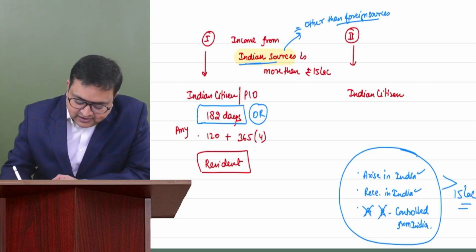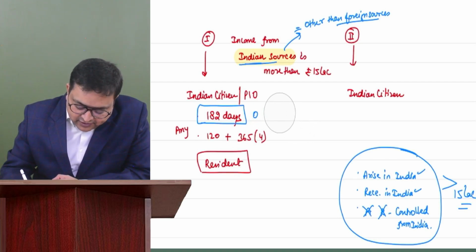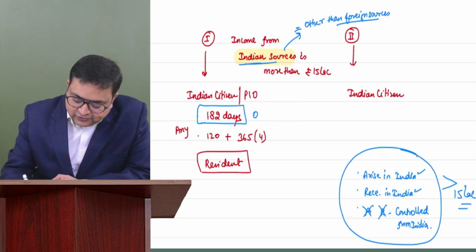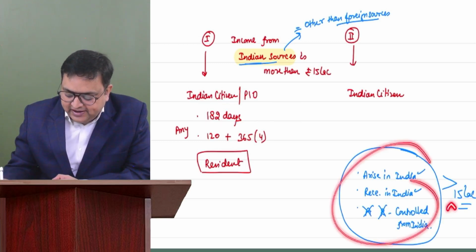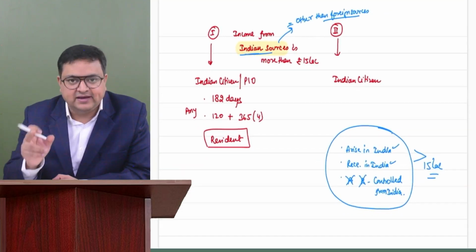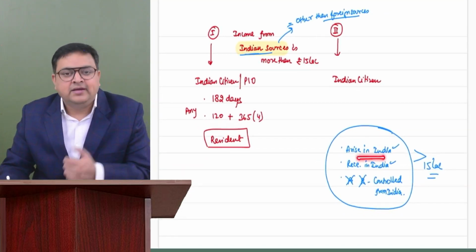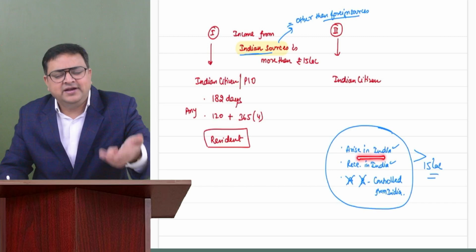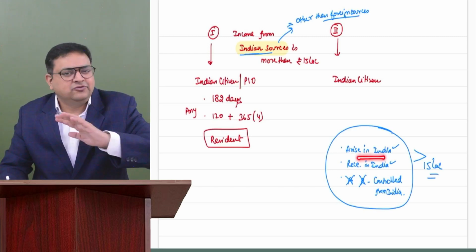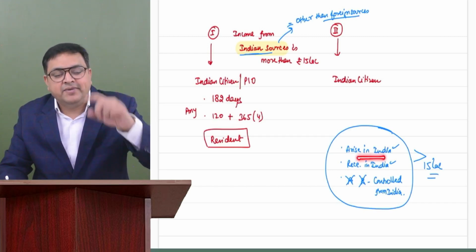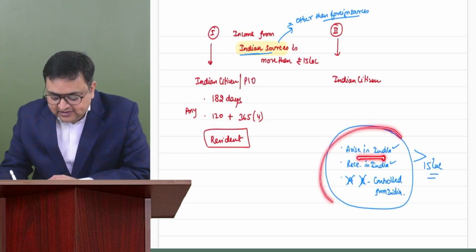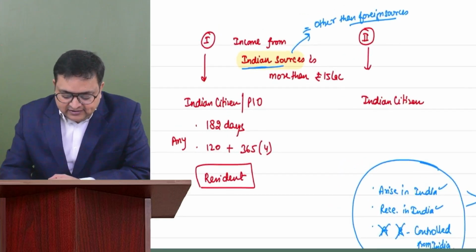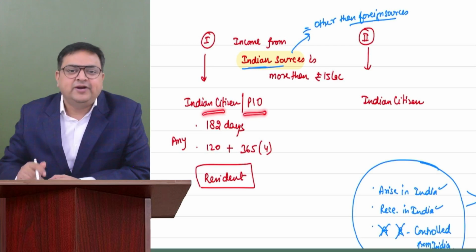For income other than foreign sources, that is Indian sources income, if the Indian sources income is more than 15 lakh, right? What is Indian source income? Income that arises in India, is deemed to arise in India, is received in India, is deemed to be received in India, or is not arising or received but is controlled from India. That is also Indian source income. If this income is more than 15 lakh and the assessee is an Indian citizen or person of Indian origin,